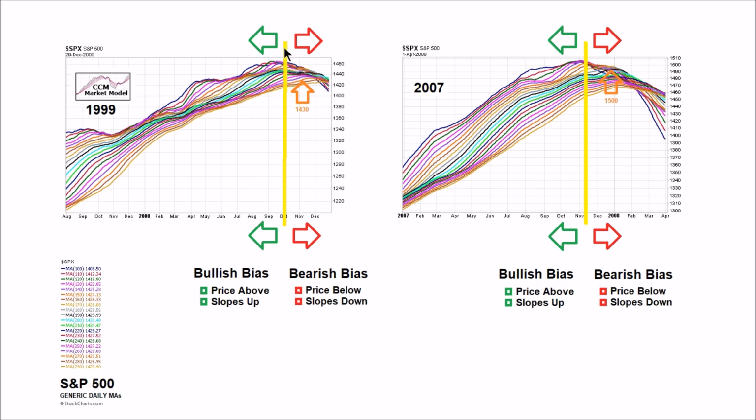Here's where things start to change. Now, instead of having price come down into the moving averages and rally, in this case at the yellow line, it clearly breaks through to the other side. So now price is below our moving averages. This looks different than anything that we could see on the left side of the chart. Then when price tries to retake the moving averages, it fails here and bounces back in this direction as the moving averages are rolling over. So this helps us understand what a bullish bias looks like and what a bearish bias looks like.